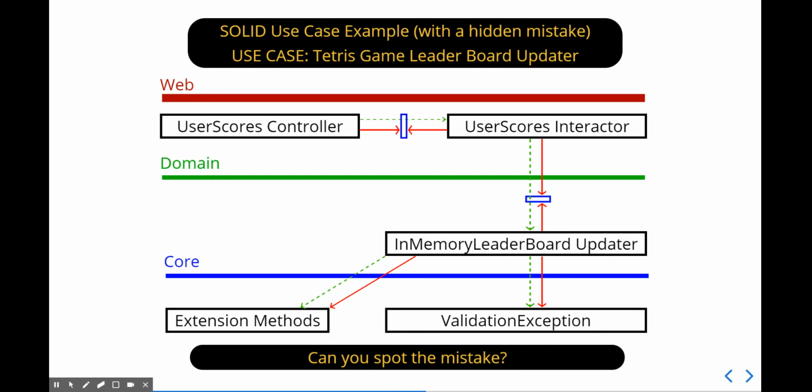Now, if you were to zoom into this and kind of flatten the lines, this is a single use case, a single simple use case example of hexagonal architecture that I did in a Tetris game. This is looking at the back end of a user score leaderboard. And so you can see out of the web layer, I've got a controller, and then an interactor that I'm calling, which is basically the declarative logic and kind of some mapping out to the web models, and the domain, which actually contains most of the declarative logic. There's an abstraction in between those layers,